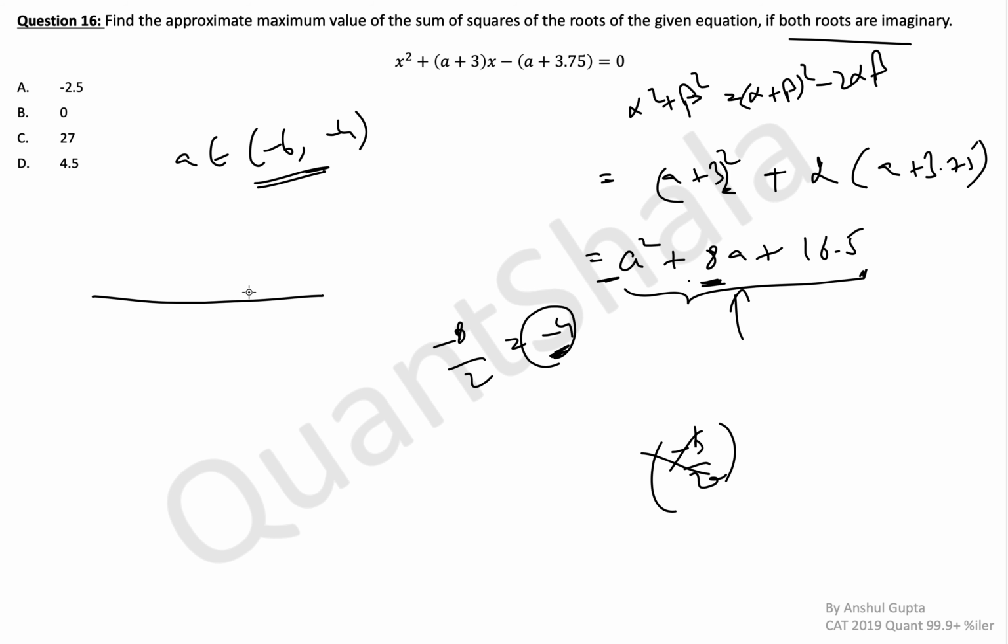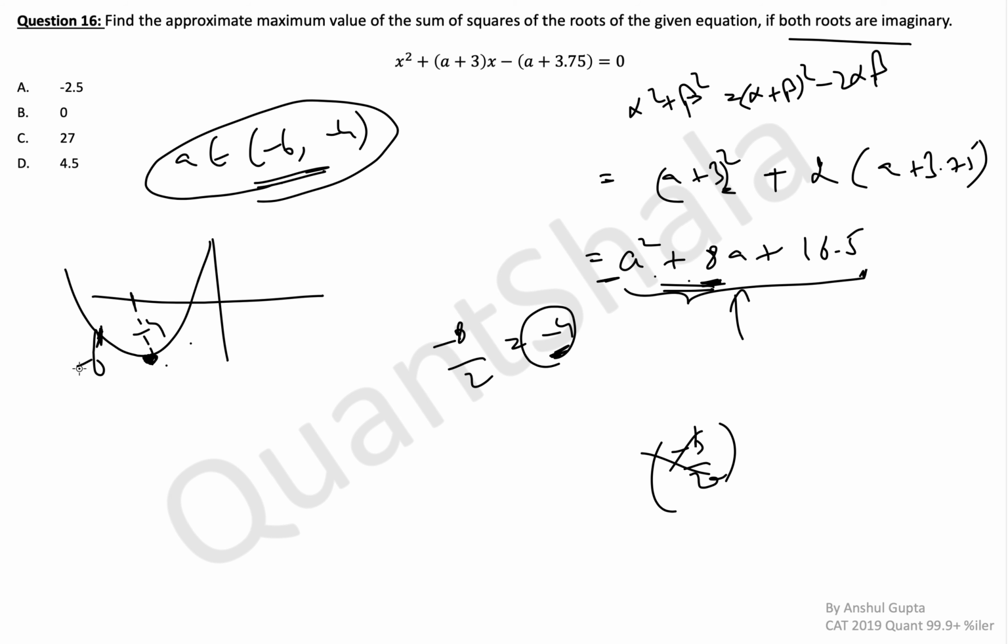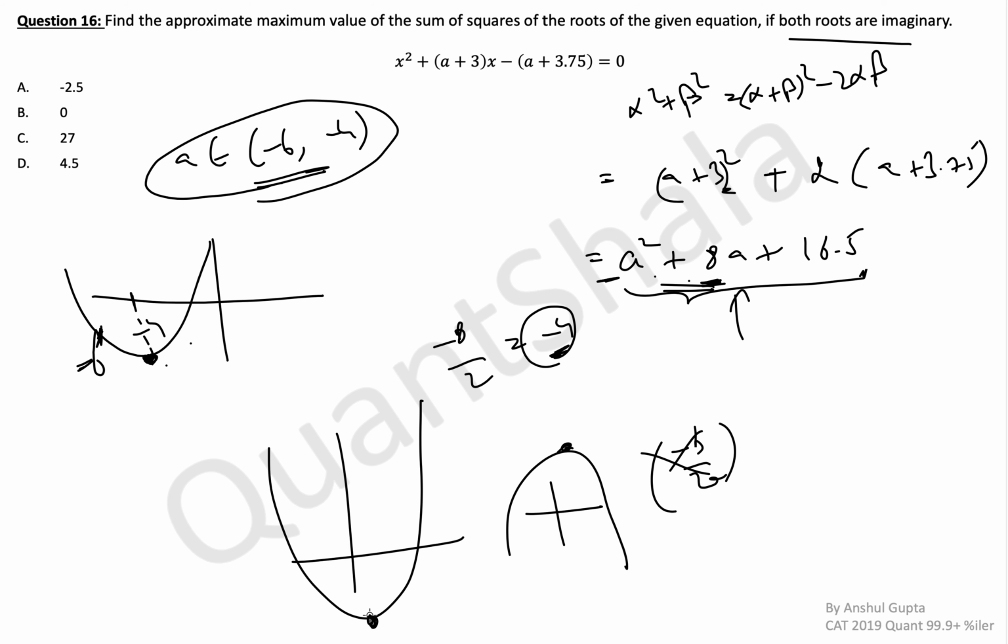Okay, that means if you were to draw a graph something like this, minus 4 is kind of the minima for this. That means the minimum value of this quadratic equation is at minus 4. Minus 6 is somewhere here. That means in this interval minus 6 to minus 4, the maximum value of this expression will come at minus 6. Because a quadratic equation will only have one minimum value. Quadratic equation graph is always a parabola, something like this, or the other way around. That means only one upper peak or downward peak is there, which is at minus 4. So a equal to minus 6 will give us our answer. Put a equal to minus 6 here. What do you get? Let me just erase some of this.